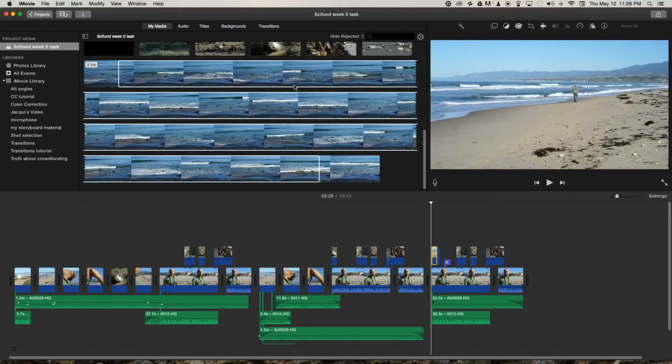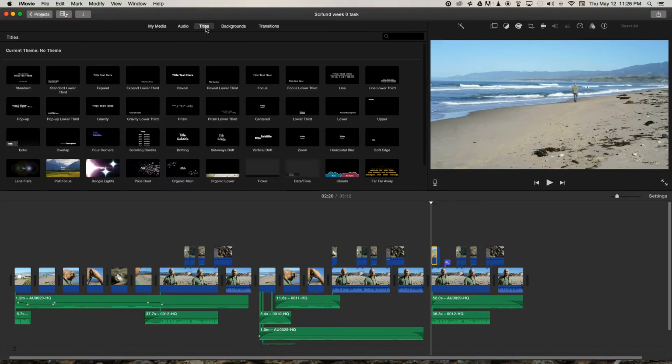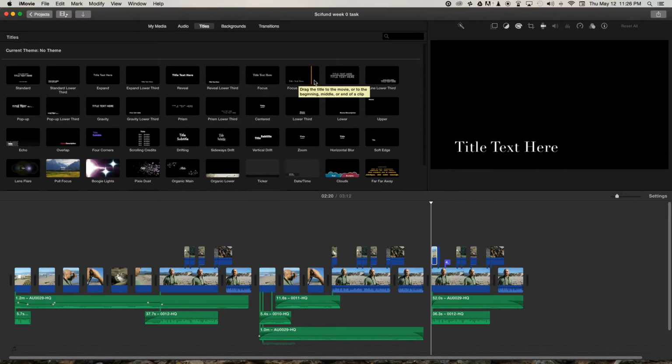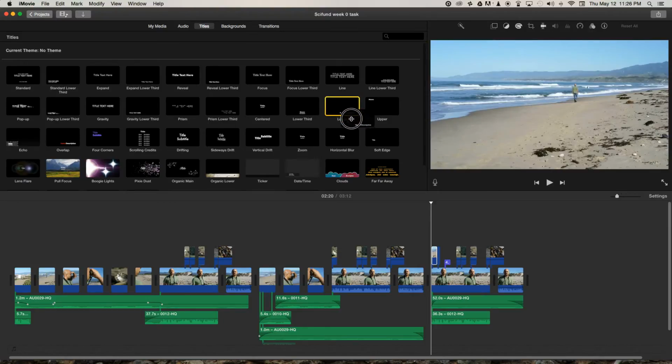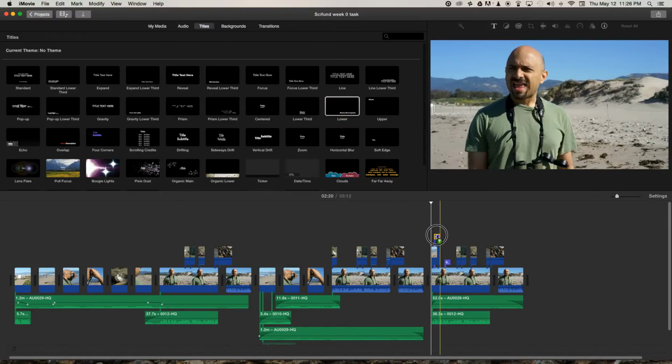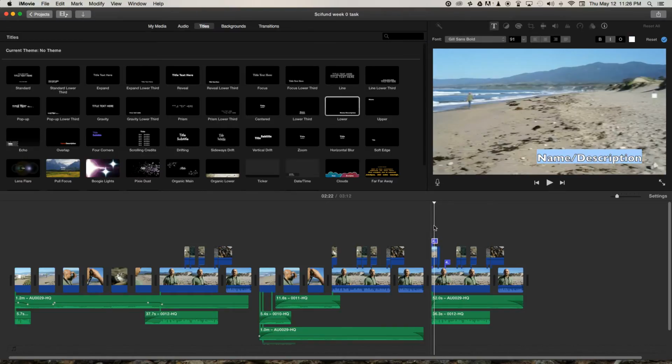So first of all, we want to go up here across to titles, and then we want to choose something very basic, and I believe I've chosen something in the lower section of the screen. We probably want something like that, and we bring that down onto the timeline, and it has its own individual clip, and we can put that wherever we like. I want to put it over this clip, and now we can just double click that and